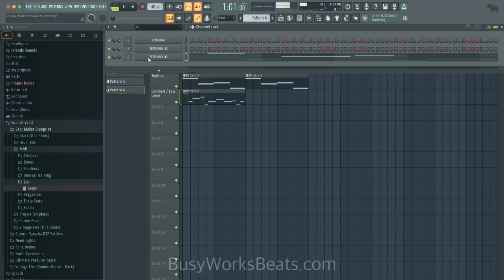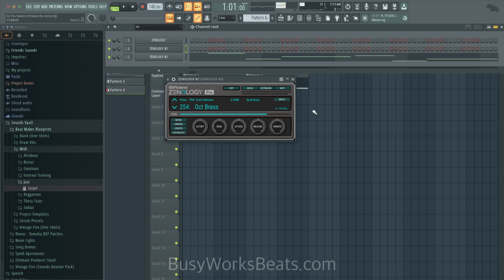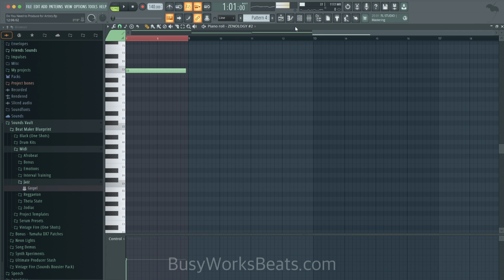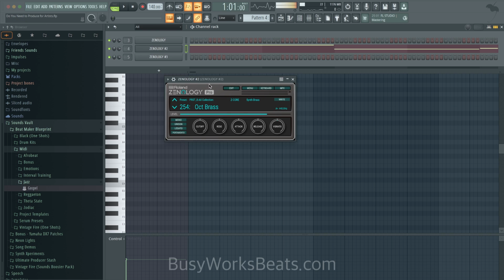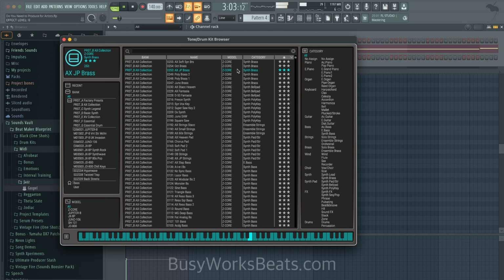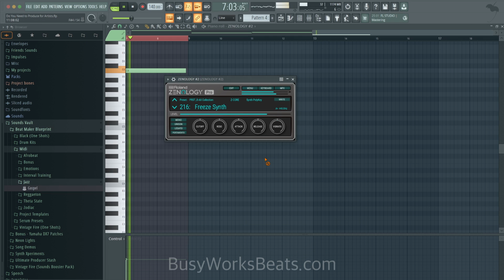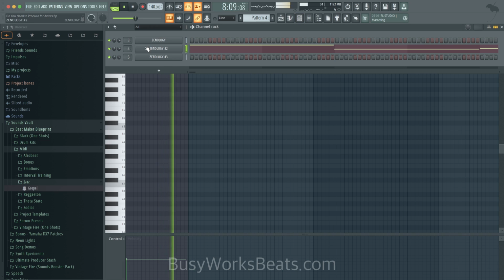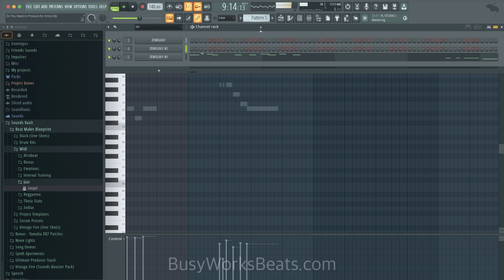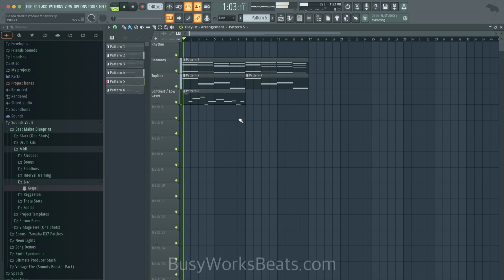Now the top line sound could be better. Not the greatest of sounds there. But that's where sound selection comes into play when you get into genre. And again, if you want to learn all this, just go to busyworksbeats.com/betterbeatmaker. We have a free beat making course for you in this Beatmaker Bootcamp. We're going to guide you through. Let's switch out the sounds. That's a cool sound. That sound catches my ear, so let's add that.